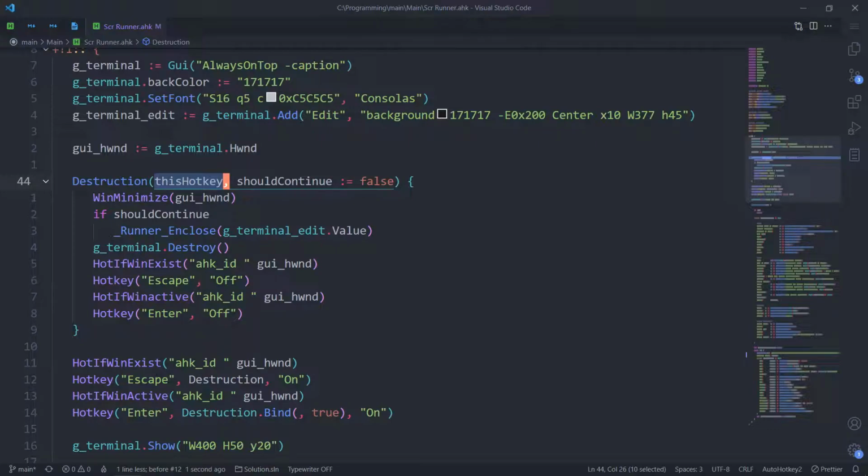So we press escape, this hotkey will become escape. We press enter, and this hotkey is enter. I am not gonna use that, so I have a different parameter, and this is why when I bind, I skip one and only set the second parameter. That's how it works with bind to function objects